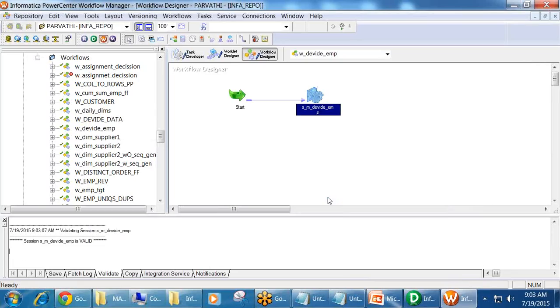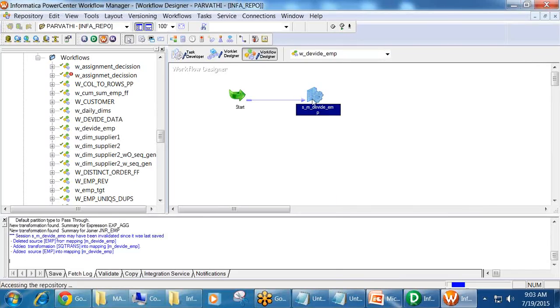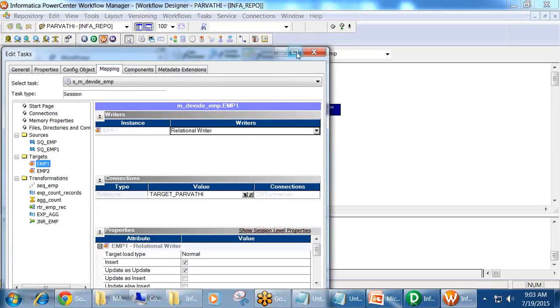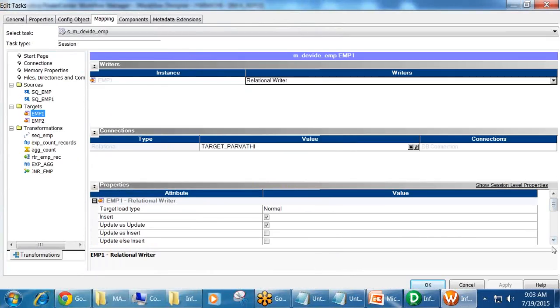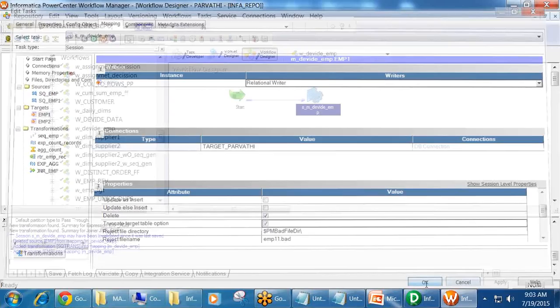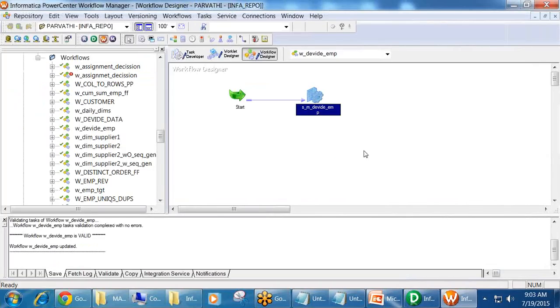validate it. What are the file names that you have given? Let's check that. Is it a file or a relational table? I think it's relational, it's a table. Okay, I've selected the truncate option, because if data is already there, it will truncate and load. Now let me run that